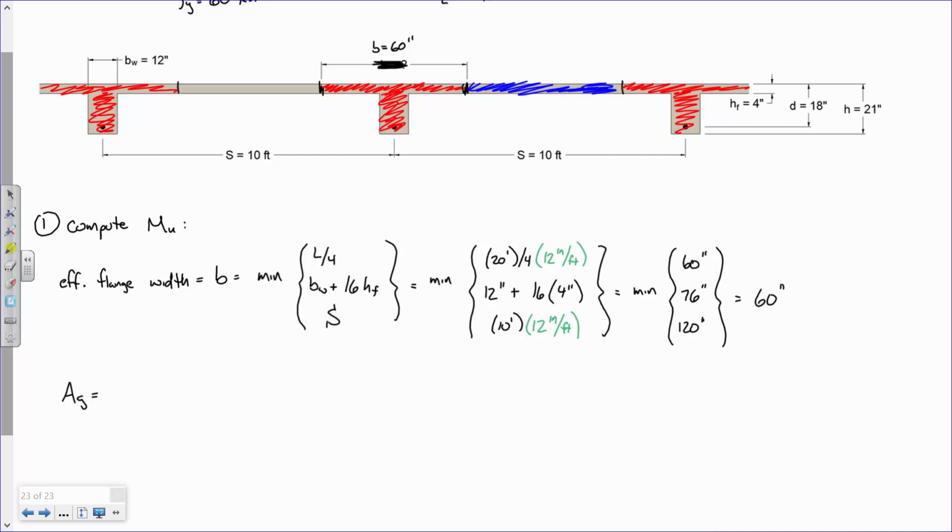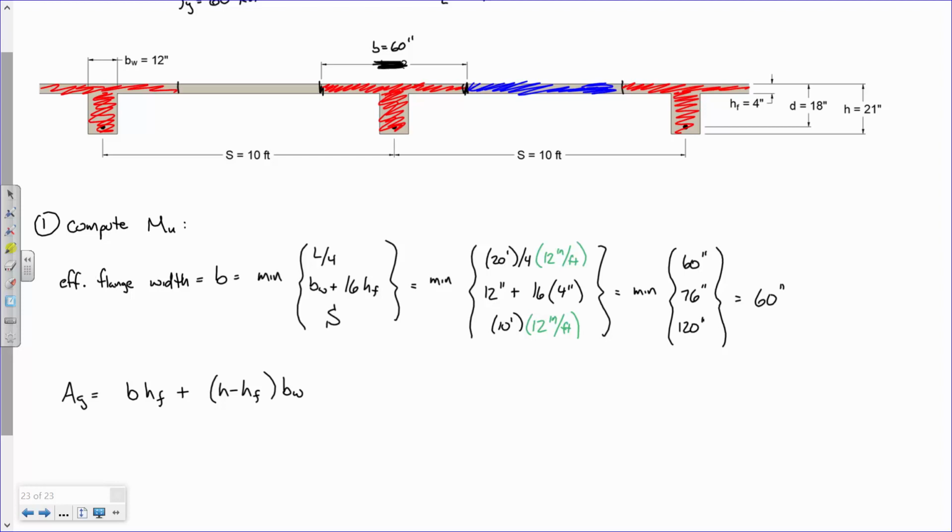Well, let's keep it symbolic for now. So keep going. B times HF, plus H minus HF times BW. Would everybody agree with this? Okay. Now,